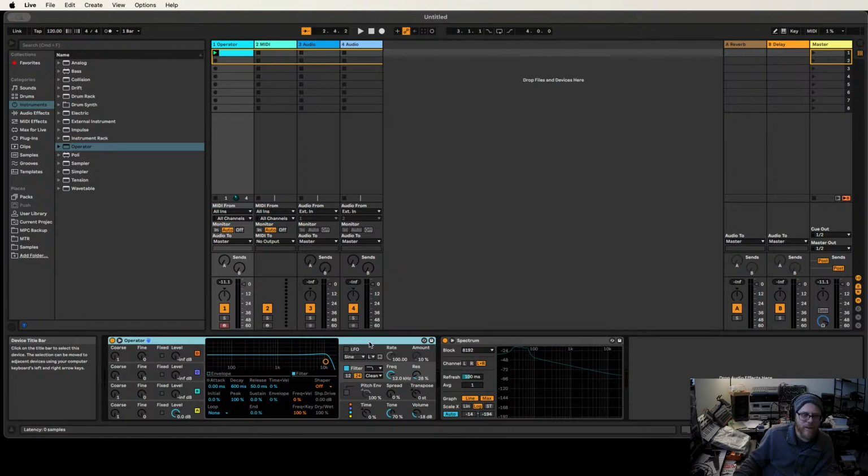Got a lot of those. I got a lot of leads that are just a square wave or a couple of square waves detuned, depending on the synth, et cetera, et cetera. So whenever I get a new synthesizer, I make some of those kinds of sounds